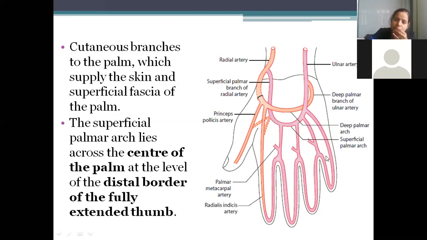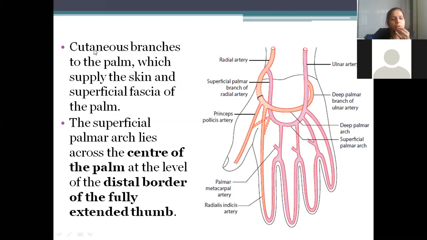So this is the medial aspect of the little finger. 1, 2, 3. These are C, common, CP word you remember. Common palmar digital. At the web, they are dividing into proper palmar digital. These are proper palmar digital. Overall, how many? 1, 2, 3.5 digits are supplied by the superficial palmar arch. Apart from that, you are also finding these branches which go towards the metacarpal bones from the common palmar digital arteries. You call them palmar metacarpal arteries.